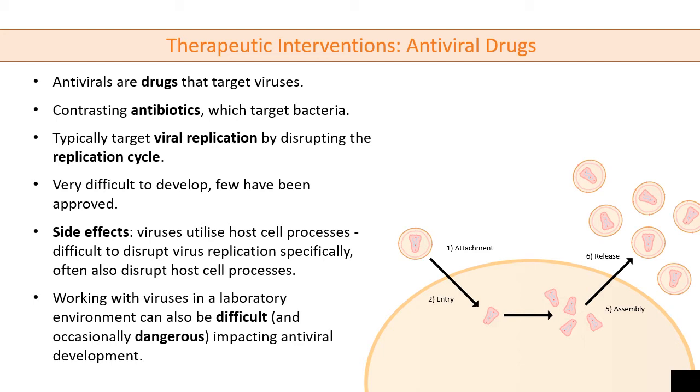So it's very difficult for us to disrupt that process without also disrupting host cells, so without producing something that is very, very toxic. Because again, the virus is using the host cell processes, it's using the host cell machinery. So we can't target that without also targeting the same process in healthy cells, right? I shouldn't say we can't do it, I should say it's very, very difficult to do it,